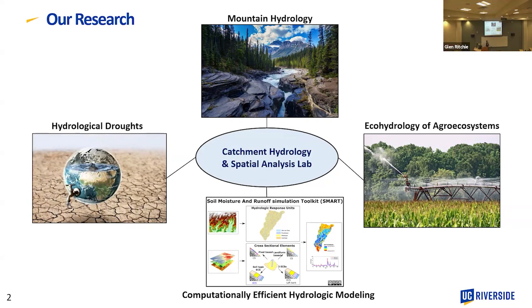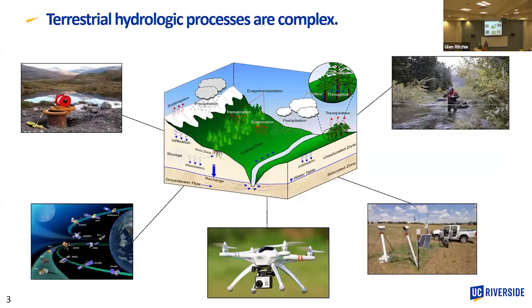And finally, to investigate these resources, besides observational data, we are also using numerical methods, and some of these numerical models are computationally expensive. So we also try to develop efficient hydrologic modeling approaches to simulate processes at a larger scale, from watershed to regional or continental scale, because that's the scale at which big management decisions happen.